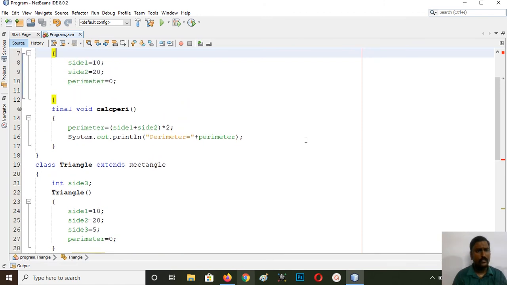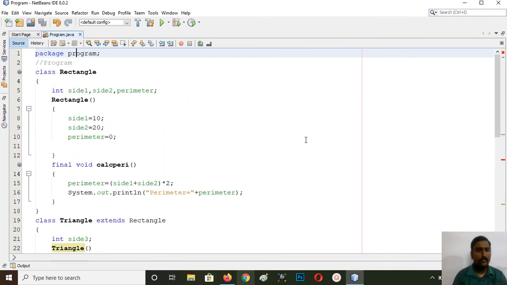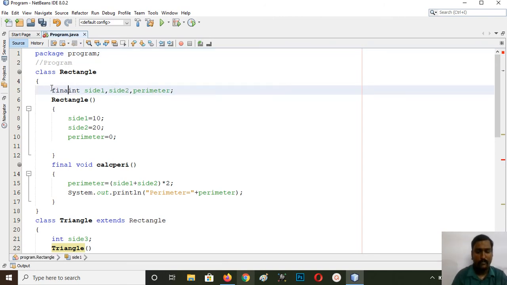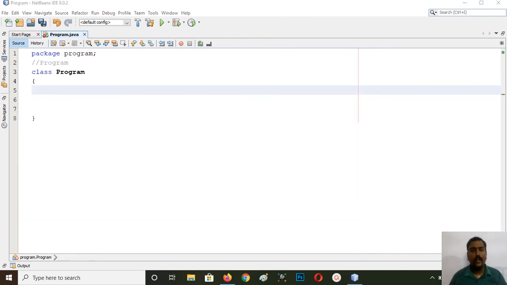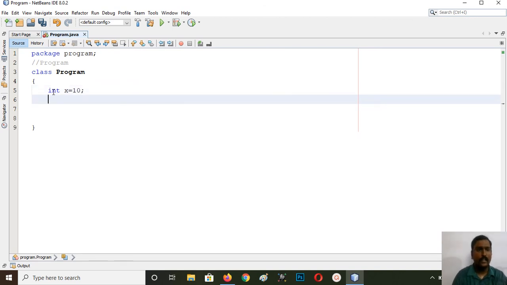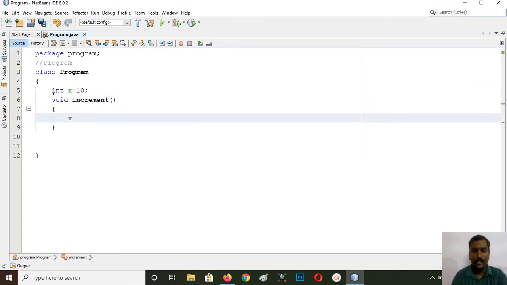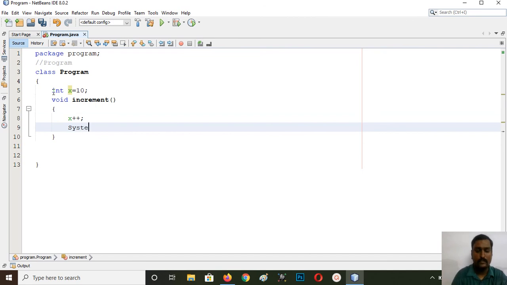There is also another concept called final variable. If we declare a variable as final, then we cannot redefine or modify the value of that variable. I will illustrate the concept of final variable with a simple program. I am going to create a variable int x equal to 10. I am going to write a function void increment, which will increment the value of x by 1. X plus plus, it will print the value, system dot out dot println